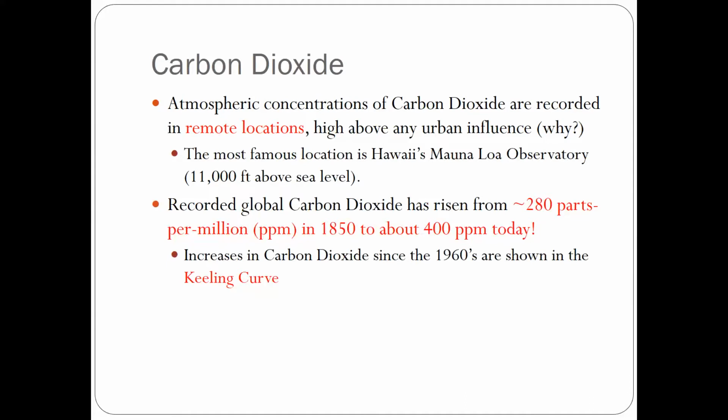Rather, higher up in the atmosphere, carbon dioxide is believed, and this is not just believed, it's actually supported with data. It's known to be well mixed, which means that it's uniformly spread out. It's the same concentration all around the world. So we want to do it high above urban influences, and we also want to do it somewhere out in the middle of nowhere. So Mauna Loa has been really the most famous example of this. There are other observatories that have also taken carbon dioxide concentrations, and they've all actually come out with pretty similar